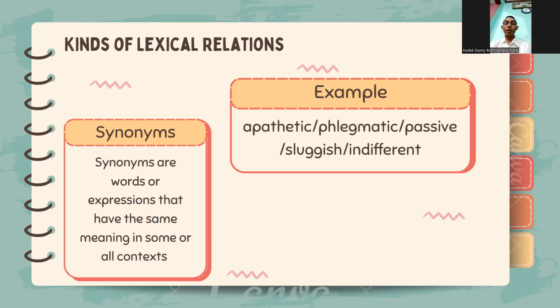For example, the words apathetic, phlegmatic, passive, sluggish, and indifferent are synonyms because they have similar meanings in describing a lack of interest or responsiveness to a situation. Okay, so that is about synonyms. And next,